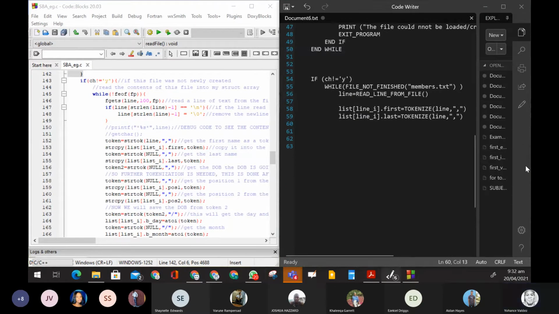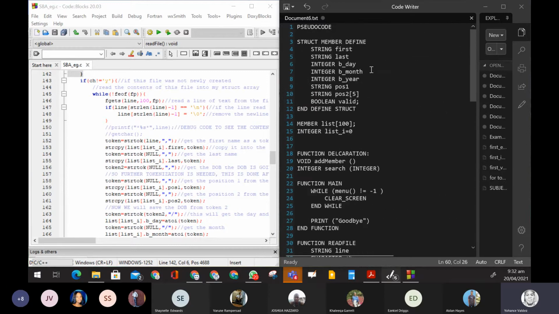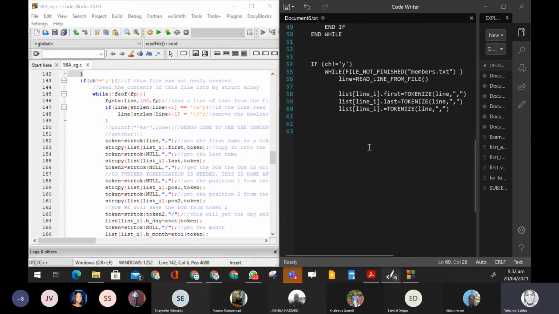So list at position line dot, what's the name of it? B underscore day month year. Right? B underscore day is actually going up to the slash. Now remember, this only works because we're making the assumption that this is pseudocode. So there is no